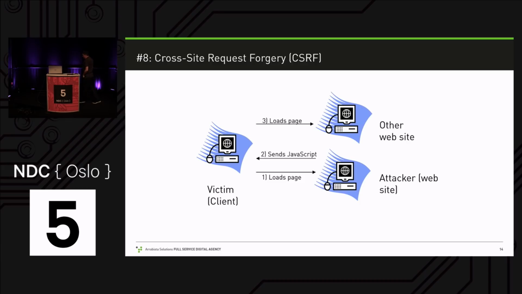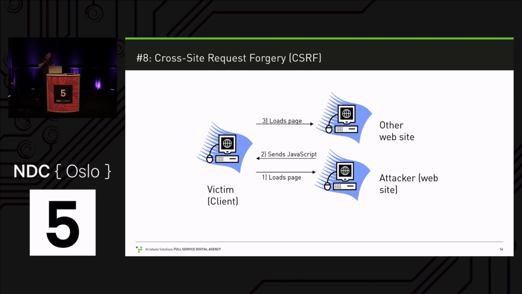And OWASP says cross-site request forgery is so far back in the list because frameworks have protection against it. Okay, why do I find cross-site request forgery so often? Maybe wrong framework? No, you have to activate that feature, and still you have to do it. With ASP.NET MVC, it's rather simple. You have an HTML helper that sends out a hidden form field with a token. Sometimes it's also called nonce. I know in the UK that word is kind of offensive, but it stands for number used once, but let's just say token. And then you have an attribute in the controller that checks whether the token is there.